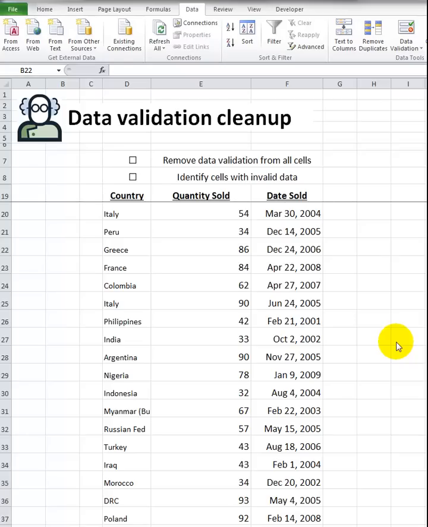So let's assume that we have to do a data validation cleanup. The first thing we want to do, for whatever reason, someone says we have to remove data validation from all cells. So these cells, you can click and see that there's a drop-down list. That's data validation. But there could be data validation even in these cells with numbers, or the blank cells where